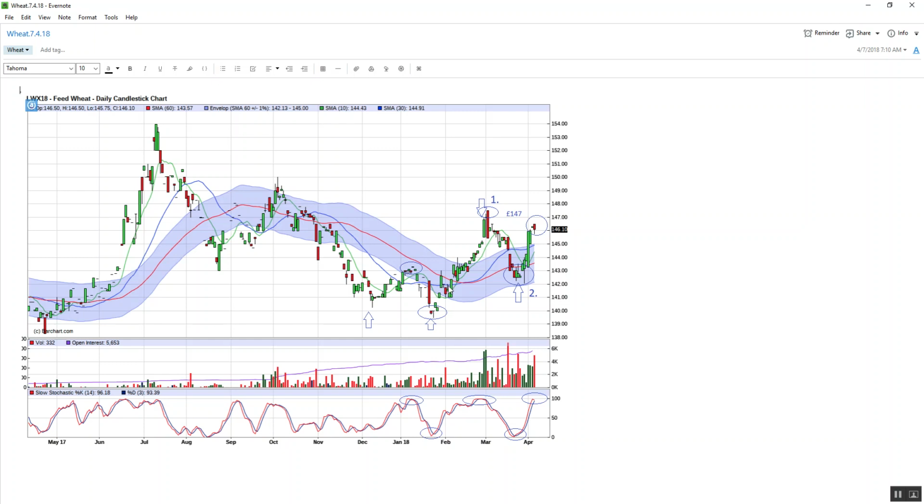We can see clearly that we have been looking at the 60 SMA. We can see the market fell back last week and came back to trade below it before Easter. We didn't see three big red candles here that we were looking for confirmation. We identified that we were oversold on the stochastic, as we'd seen back at the end of January. We were looking for a gap fill back up here to